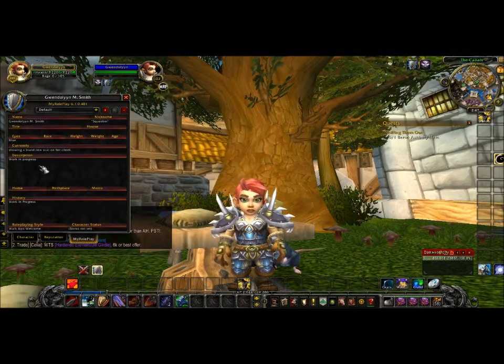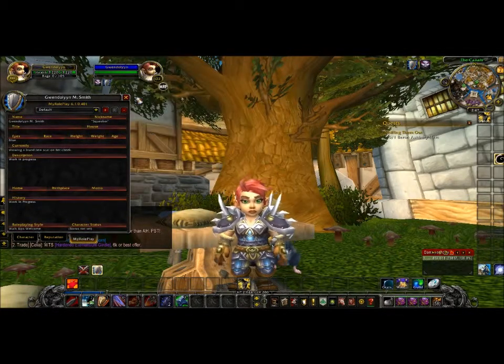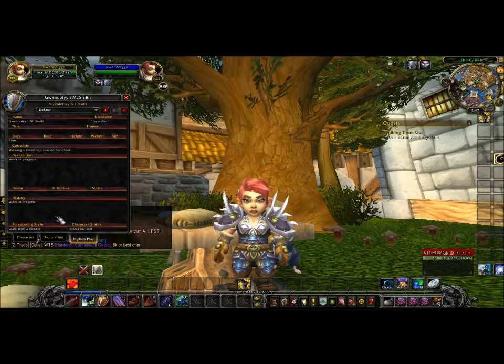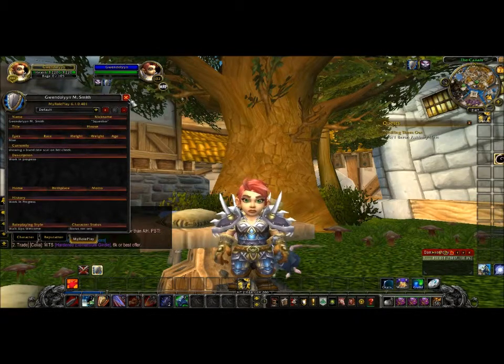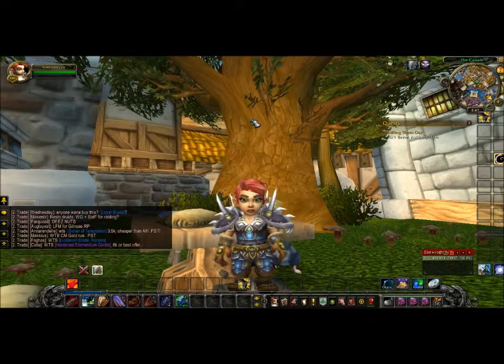But it's really fun. You can do all kinds of things with it. It's great. So I would suggest getting it. It really brings your character to life, like I said. So with that being said,